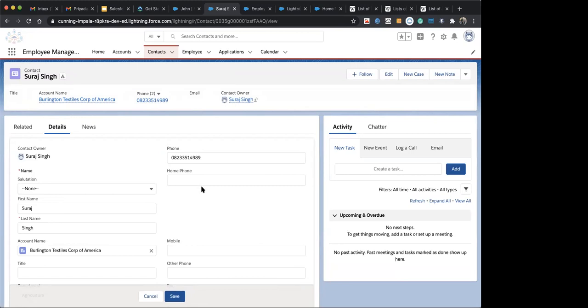When we try to remove a record type from the org, it is quite a difficult process. So that's a key point to ponder before making any changes related to the record type.